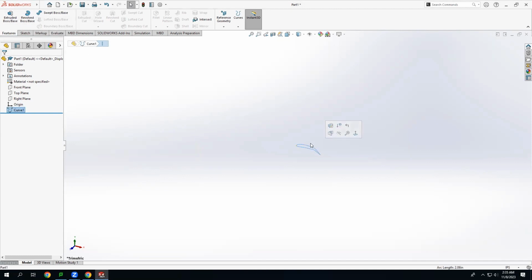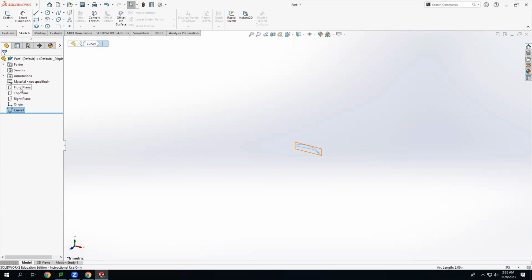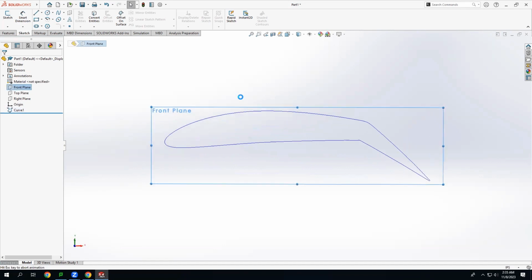And we go to convert entities, select that, and then click yes. And since it's already so detailed, we're just going to create one straight line between these two dots